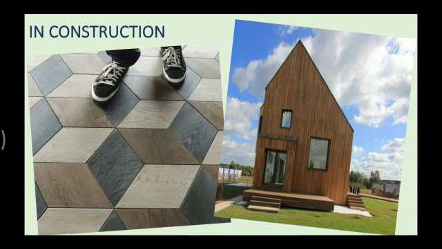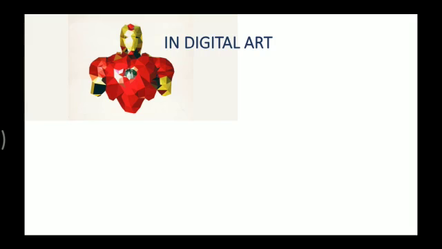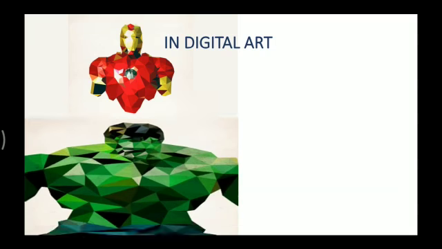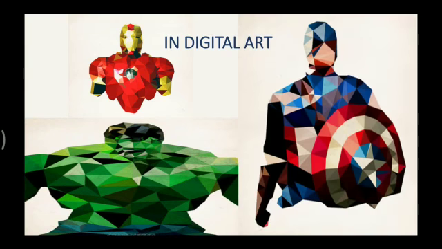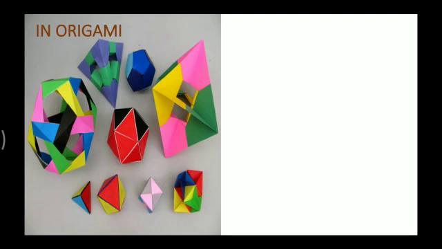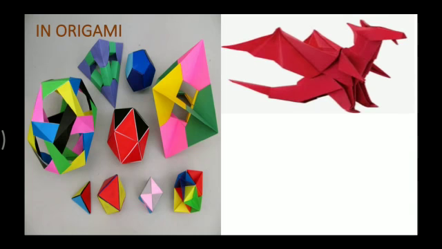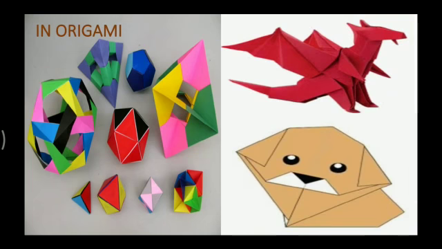And they are used in digital art. Polygons are popular in the digital world. They can be called a kind of peculiar digital art. As you know, all 3D models are made of polygons. The more polygons your model has, the more detailed and appealing it will look. They are used in origami. Origami is both a form of art and mathematics. It is the art of folding paper, which mathematically can be understood in terms of geometric construction. In general, polygons are part of nature and we are surrounded by polygons all the time.